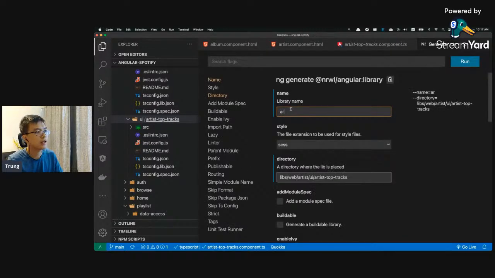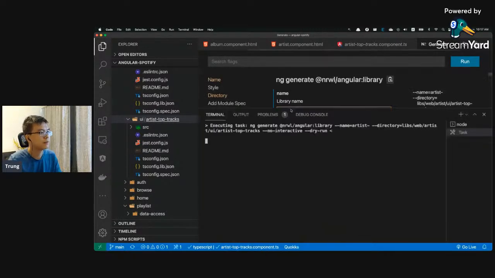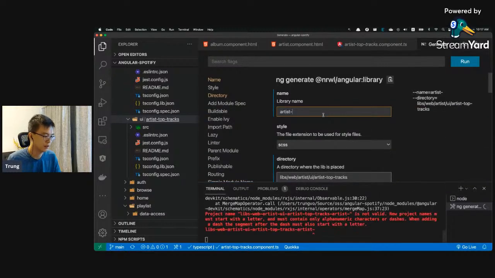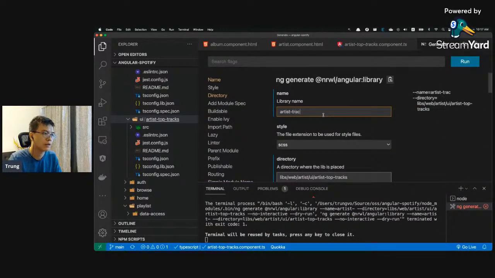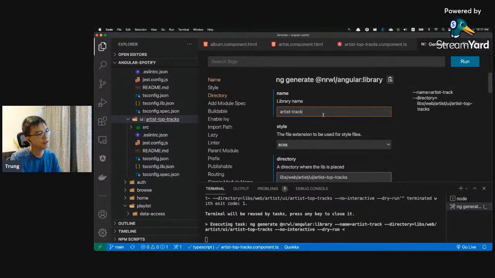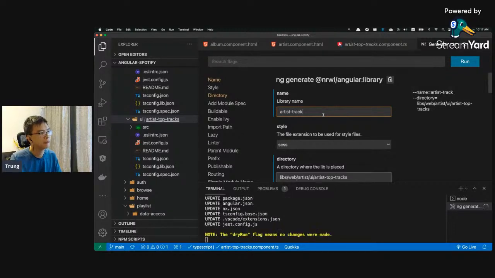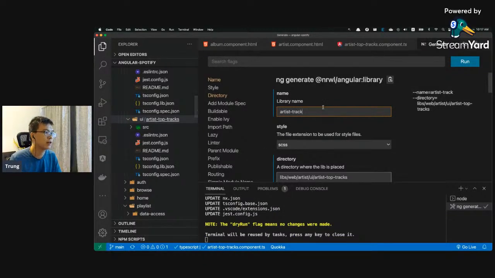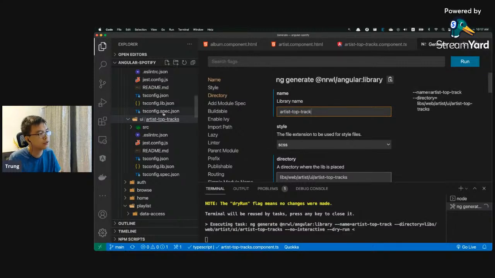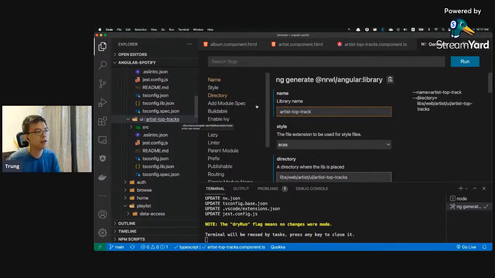So now I will call it ATIS. Oh, it's too long. I just move it down. ATIS track. Yeah, maybe decent. So there's an ATIS top track, and then maybe ATIS top and then track without the S. So we know that when we call it with an S, it should be a list of something. When you don't have the S, the plural form of the